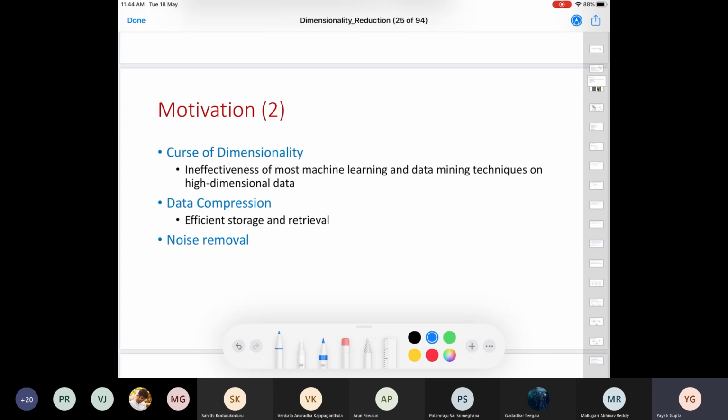This particular terminology in machine learning is called the curse of dimensionality. When you go on increasing the number of features in your data set, let's say I started with one feature, maybe that feature is not enough to model the data in my data set. So you would add another feature. You would go on adding more and more features to ensure that I have enough information to model my task.